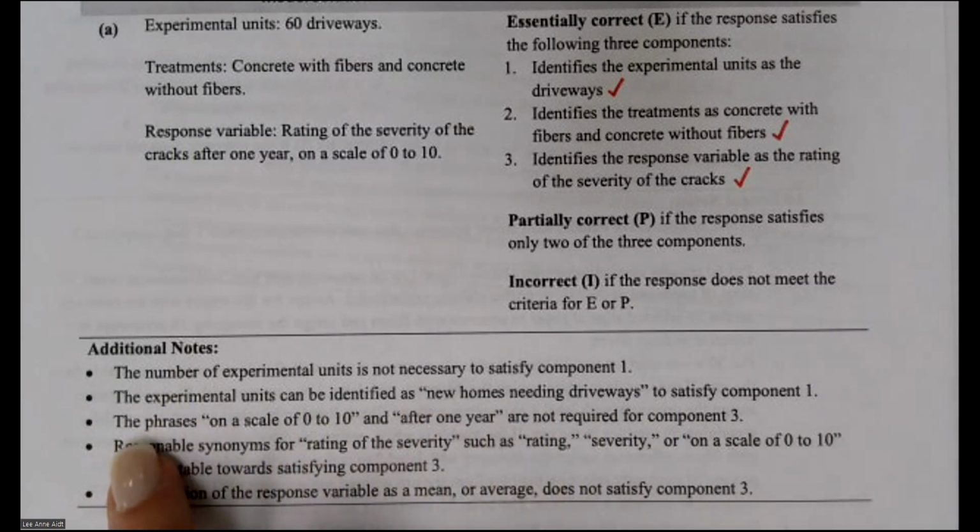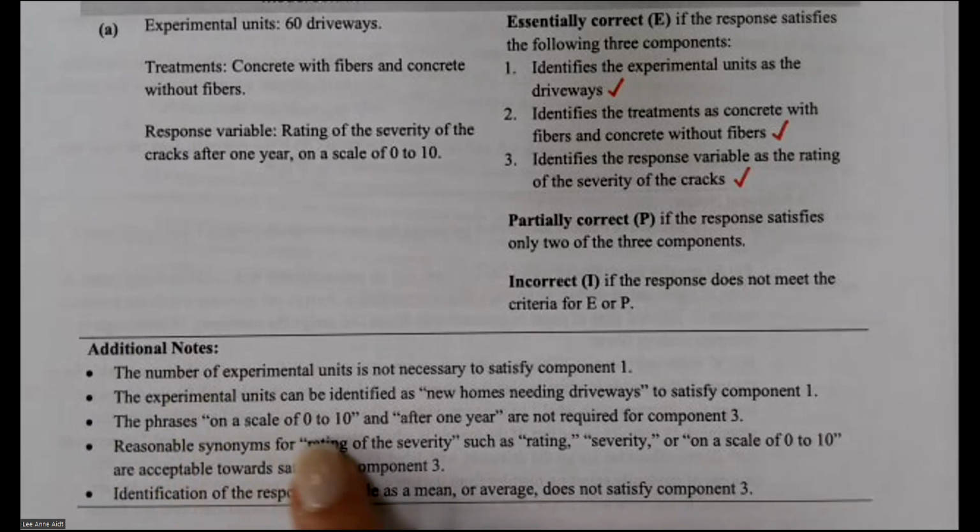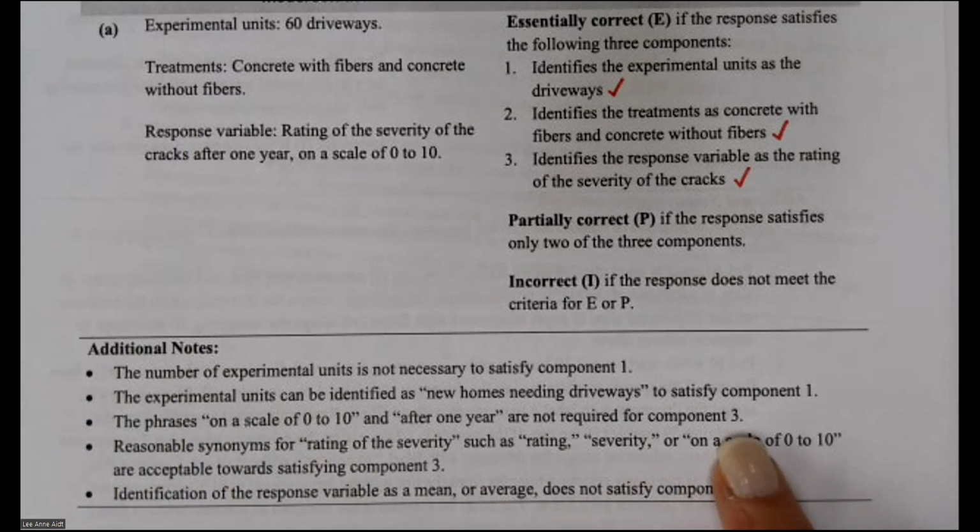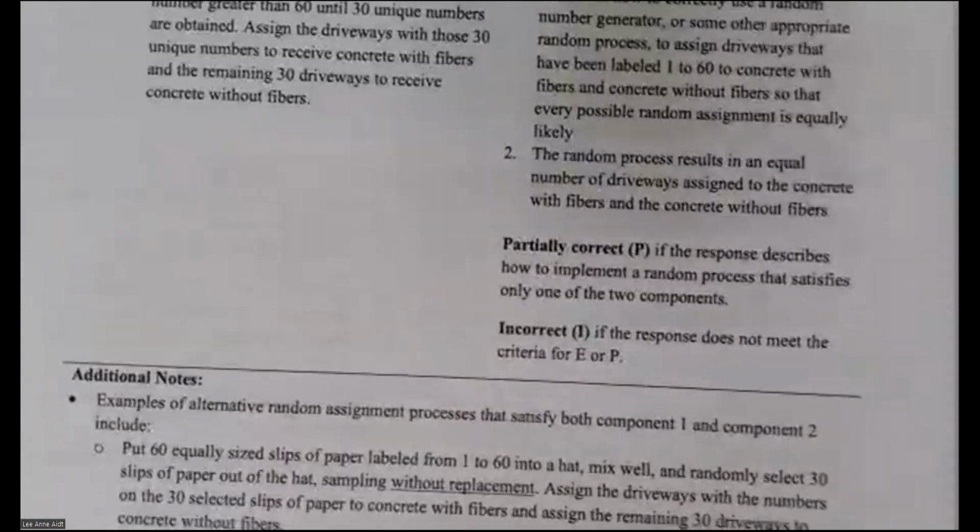Okay. The phrases on a scale of 0 to 10 and after 1 year are not required for component 3. Yep. Reasonable synonyms for rating of the severity, such as rating, severity, on a scale of 0 to 10 are acceptable towards satisfying component 3. Identification of the response variable as a mean or average does not satisfy component 3. It has to be a rating. Any questions about A? Unfortunately, the ones that you didn't do are going to be really easy to grade. Okay. B,